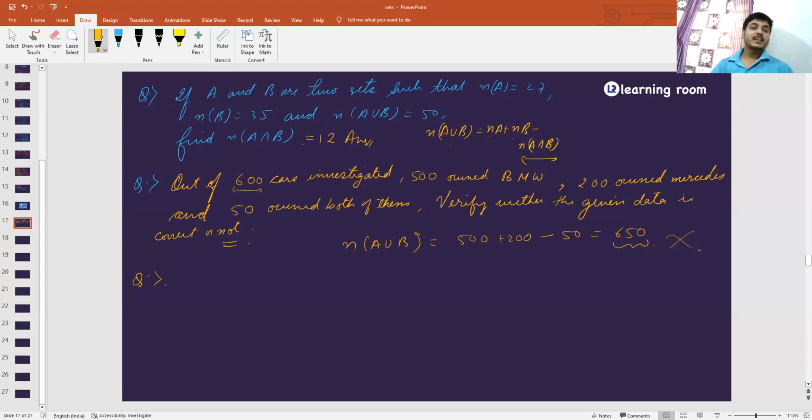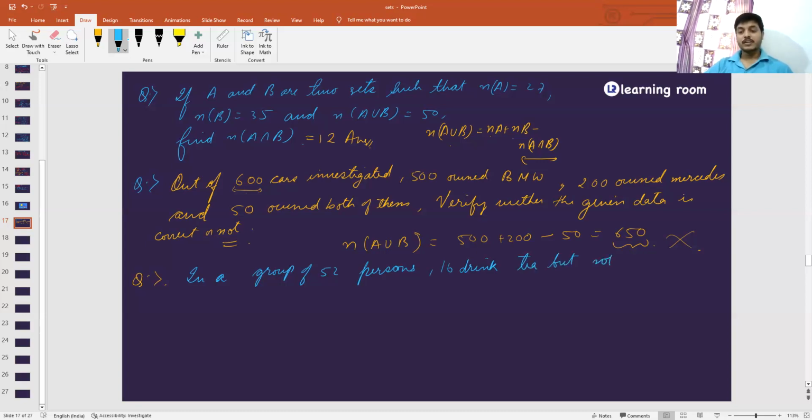Third question. This you'll be liking. Who solved it first will get the champions badge. In a group of 52 persons, 16 people drink tea but not coffee, and 33 drink tea. You have to find